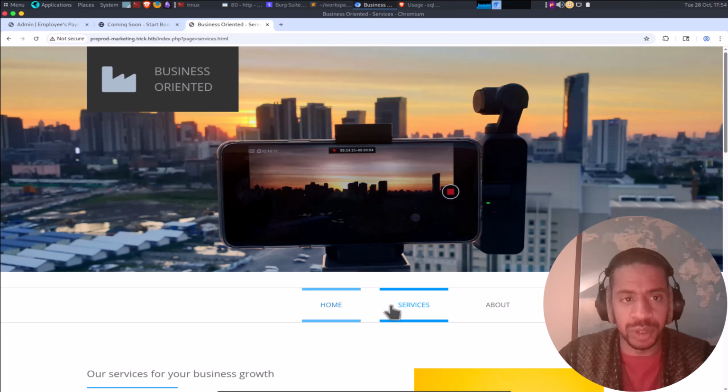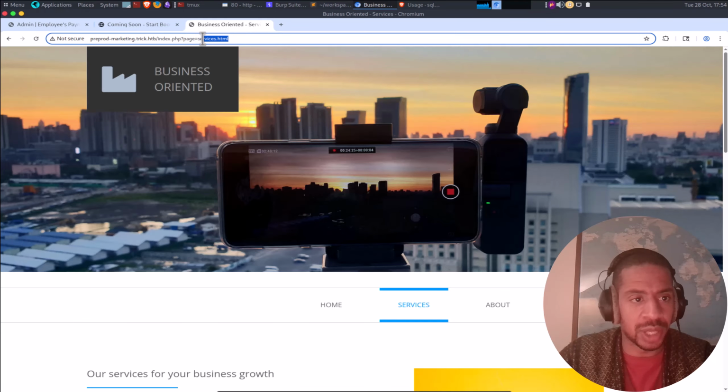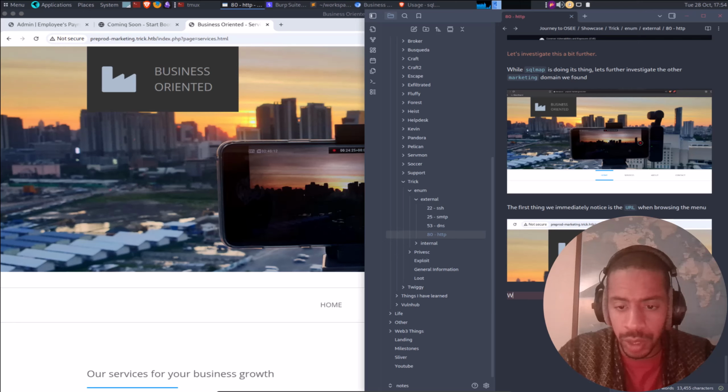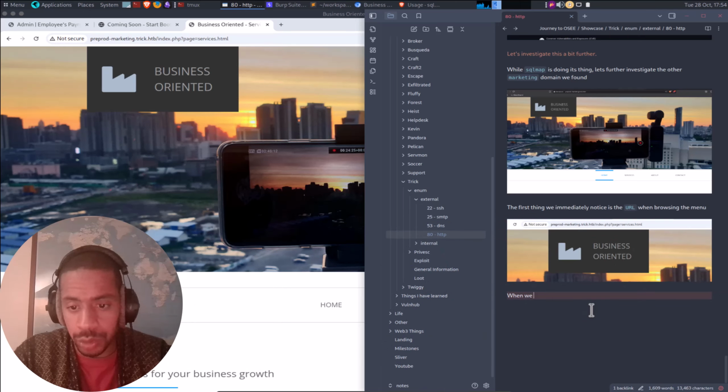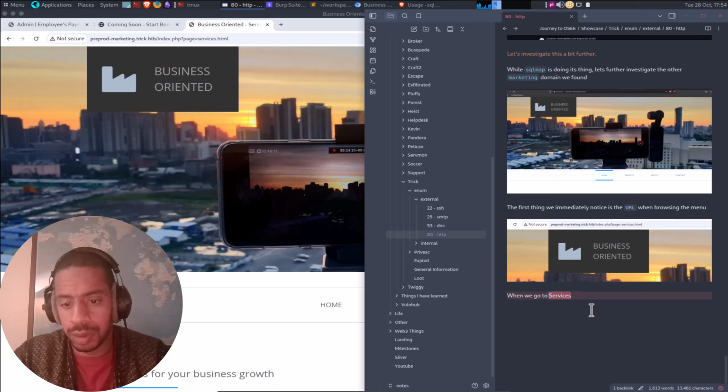So for example, if we go to services, it will immediately dynamically load services.html. So when we go to services, for example,